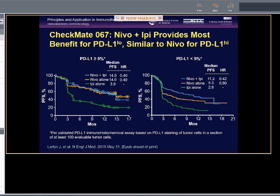There's no difference between the combo and Nivo alone. But if you look at PD-L1 negative, meaning less than 5%, those are the patients where the combo is clearly better than either Ipi alone or Nivo alone. Now, I'm not advocating going ahead and testing for PD-L1 and not using the combo if you're